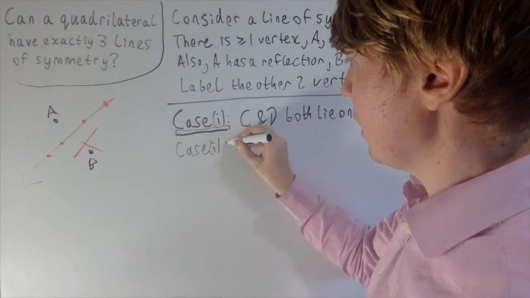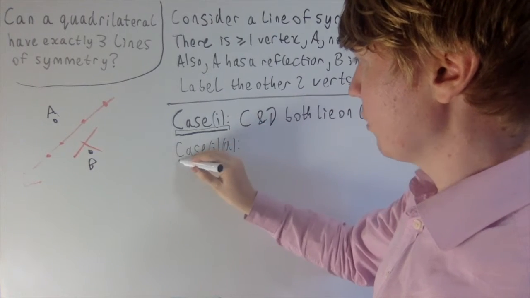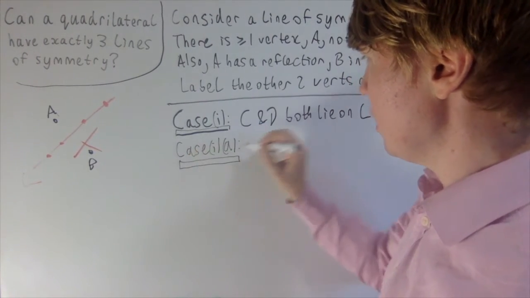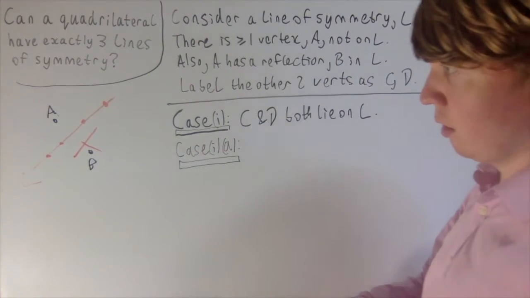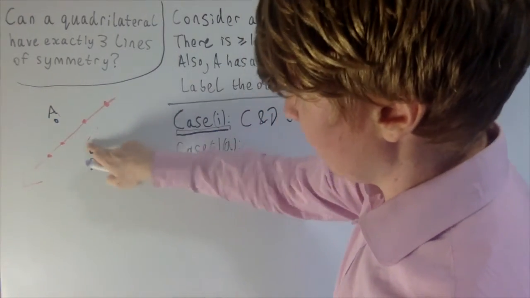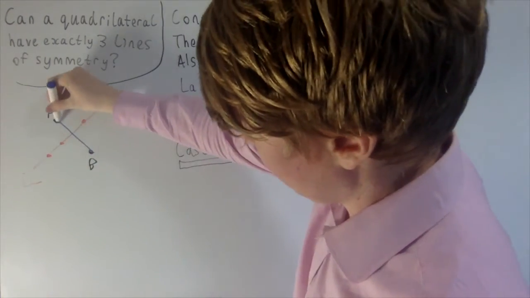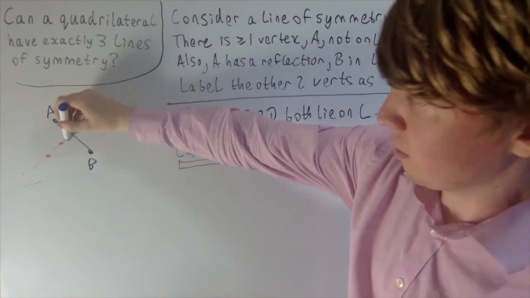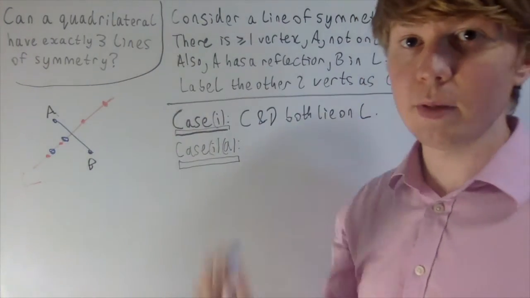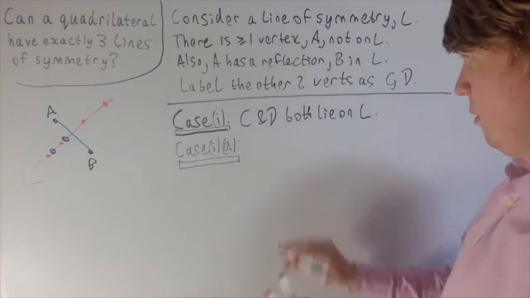So case 1A, I'm going to say, is where C and D both lie on the line L, but they're both on the same side